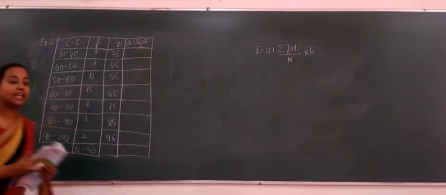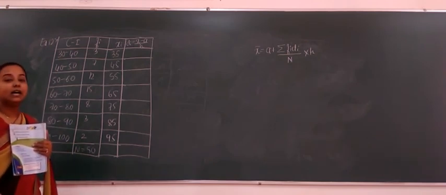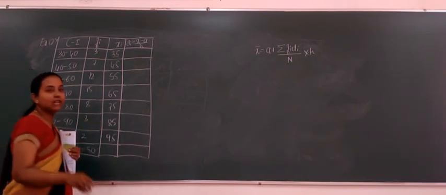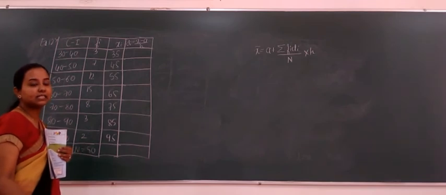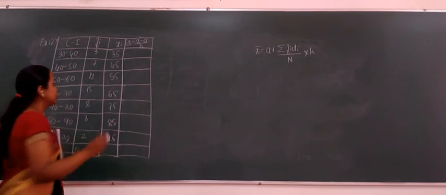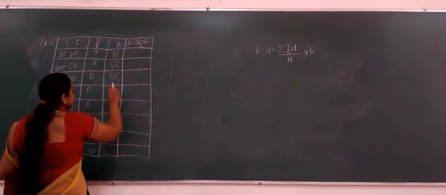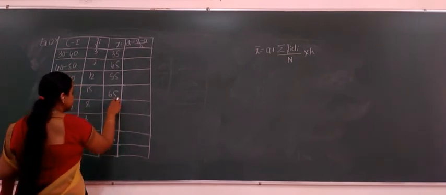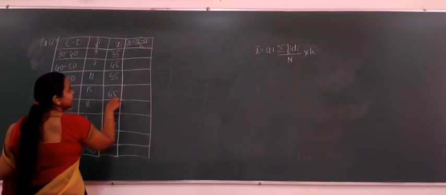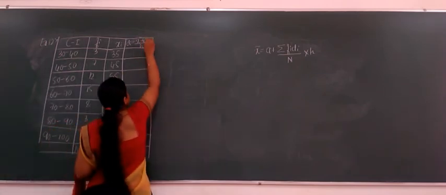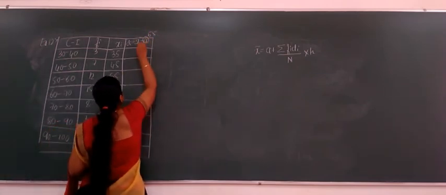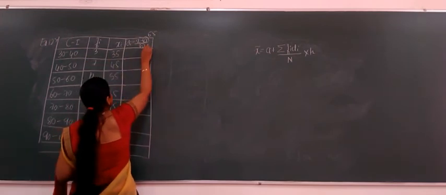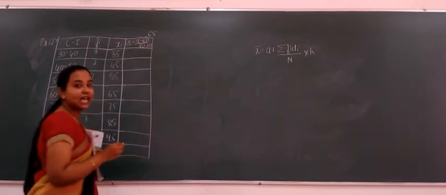So now what can you assume the mean to be here? As already explained, the assumed mean will be one of the xi's itself, and we will try to take it such that it is the middlemost. You see 1, 2, 3, 4, 5, 6, 7 are there, so one middle we will get. Which is that middlemost? It is 65. So what is our assumed mean here? 65. And what is the class width? It is 10.